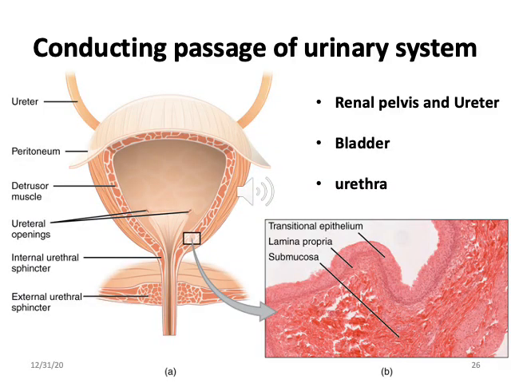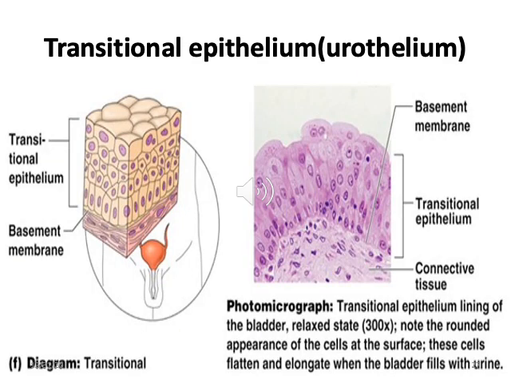Let's discuss the conducting passage of the urinary system. The urine produced by the kidneys travels through the renal pelvis and ureter, then the bladder, and lastly into the urethra. Transitional epithelium, or the urothelium, is the epithelial cell lining of the conducting passage of the urinary system except for a few areas. You can see the transitional epithelium lies on the basement membrane, and in this histological picture you can see the transitional